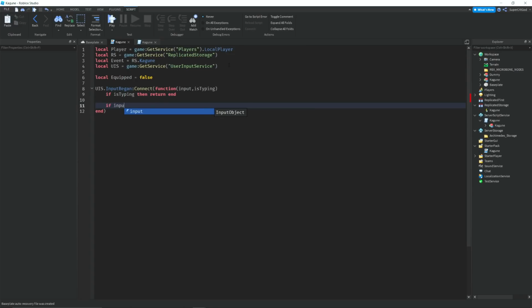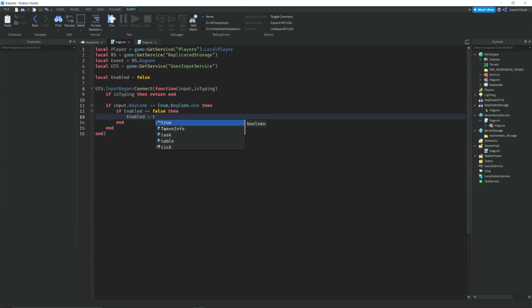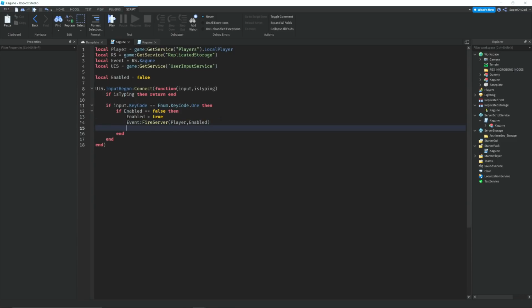If input.KeyCode equals Enum.KeyCode. Let's go with 1 because of the Roguelike. Why don't I just call this enabled? Enabled is true. Actually, if it's false, then enabled is true. Event, FireServer, player, enabled. Okay, now we're going to fire the server, and then...